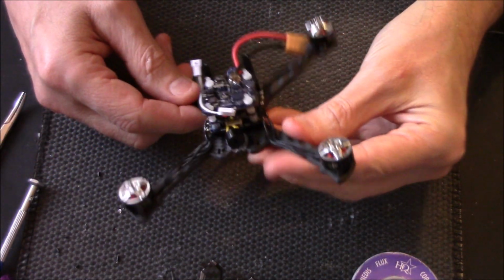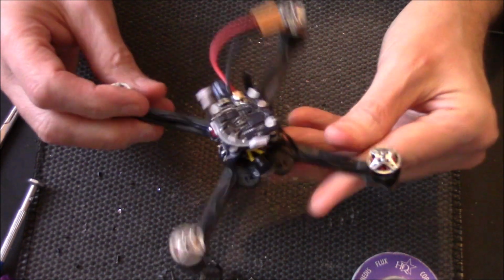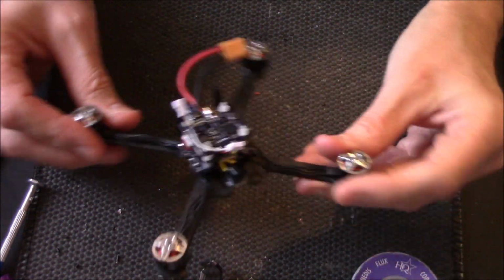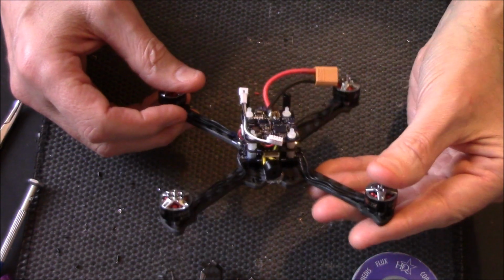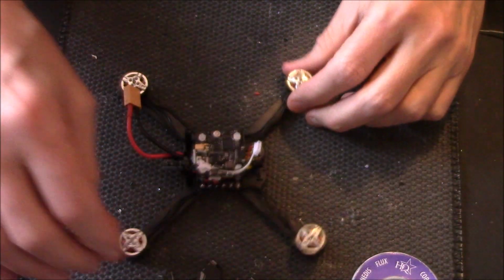Plus, with this being a tiny quad, it's not as if I'm going to be going long range or out like that, so I'll always have a rough idea of where it's gone down, and if not, I can always double check on the DVR to walk straight to it. Right then,